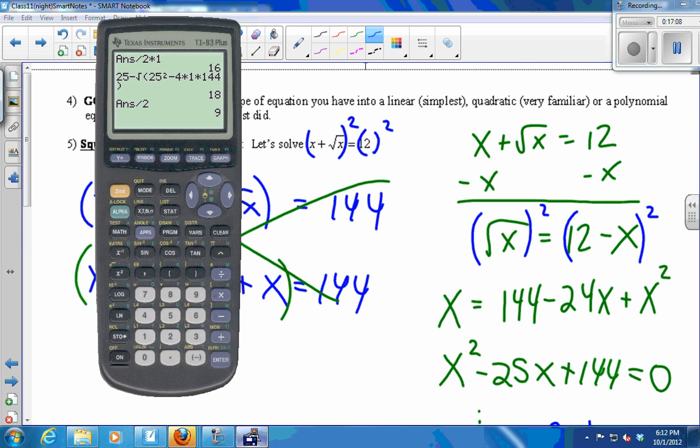So I'm going to type in x plus square root x in y1, and y2 I'll put in 12. When I go to my table, when I type in what I got as solutions, which were 16 and 9,